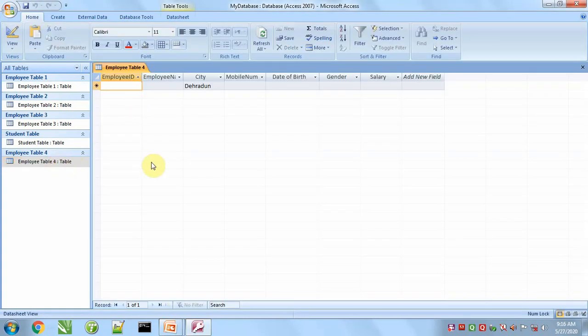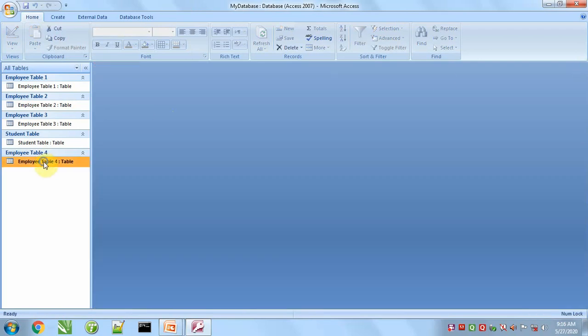It is employee ID 101, which is a must and compulsory. Employee name is Amir. We can look here, the default value is automatically filled, Dehradun. Mobile number 123. Date of birth should be in date and time, so we have to change it.